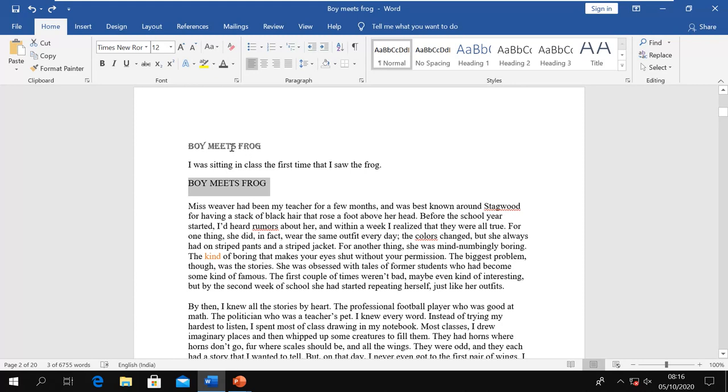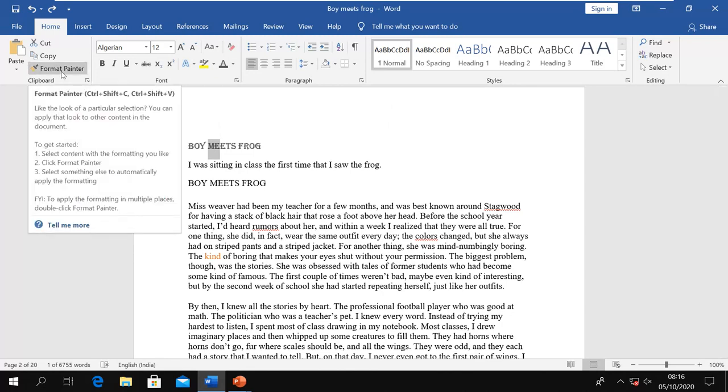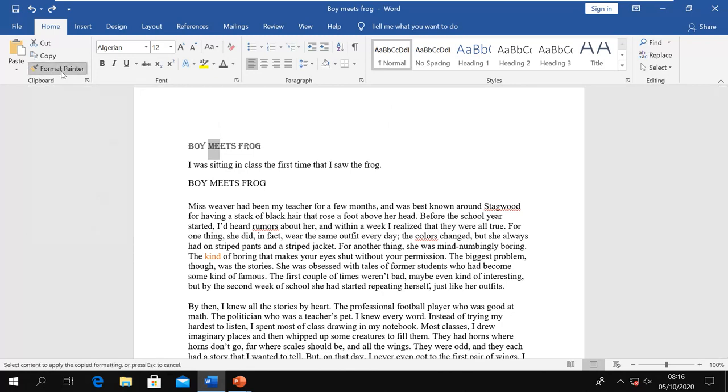So what we can do here, I select the text which I want to have the same format. I just want to copy the format of this text. You don't have to select the whole line or whole text or even a whole word, you can select a part of that word also. It will work. Then you go here and say copy, format painter.